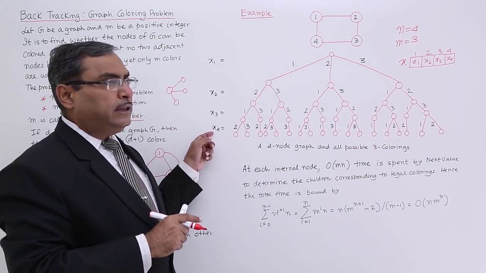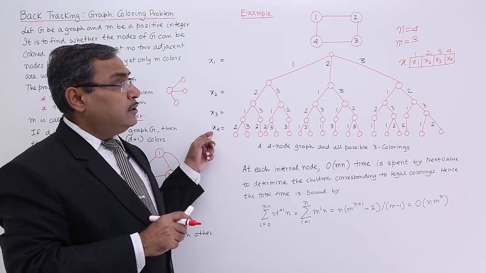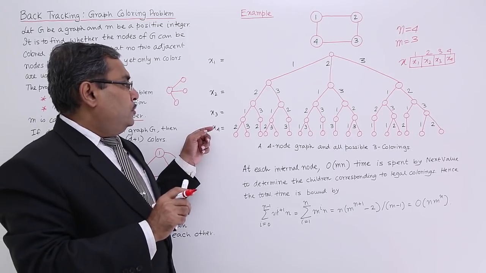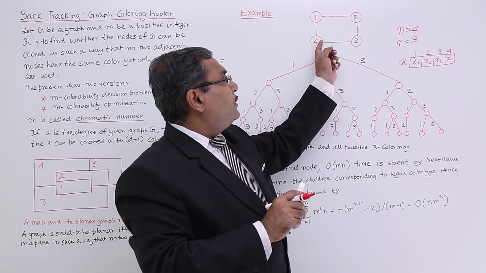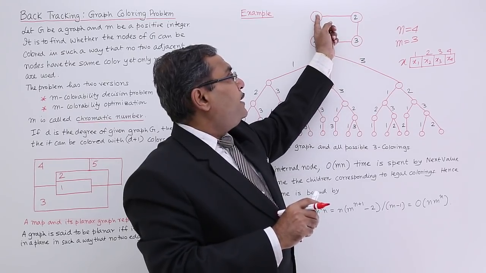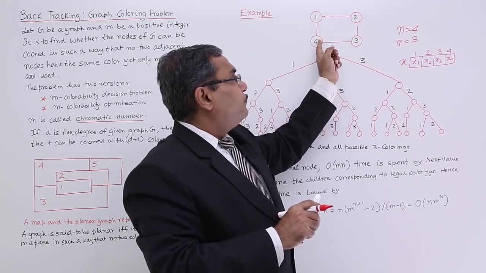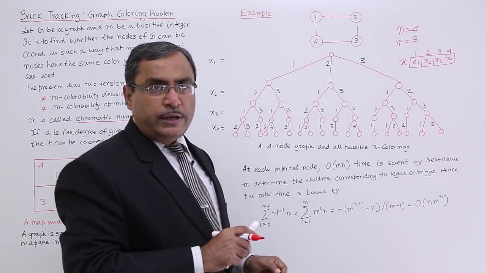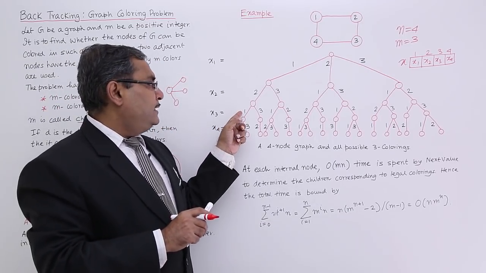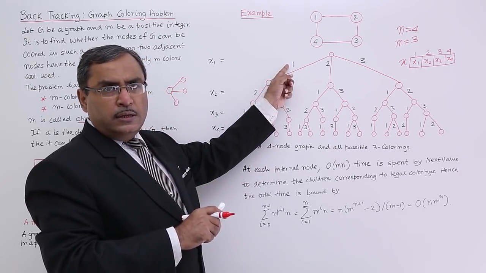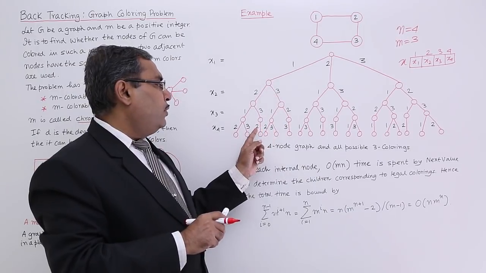Now see, I am going for x4. That is my location number 4 of the x array. So it is x4. Good. Now see here, in case of 4, I shall have to check both, because it has already been colored. So 4 should get a color which is not available at node number 1 or node number 3. So here you see, as it is 1, it can be 2 or 3. As it is 2, it can be 1 or 2, but 1 is the color of the first node x1. So it can be only 2.